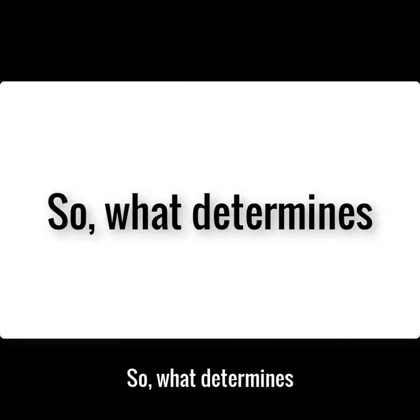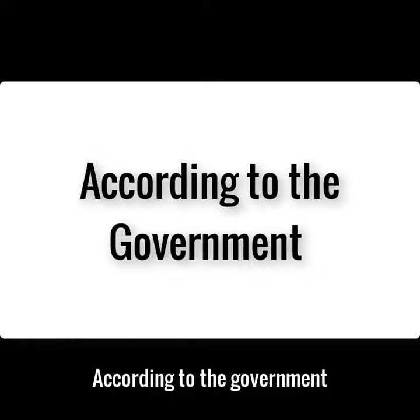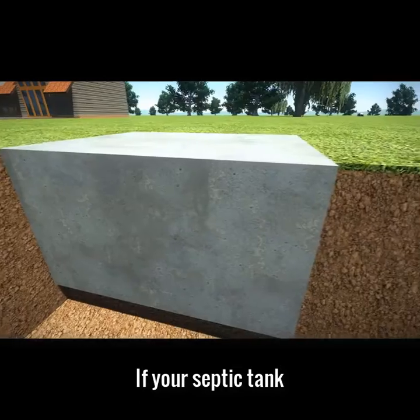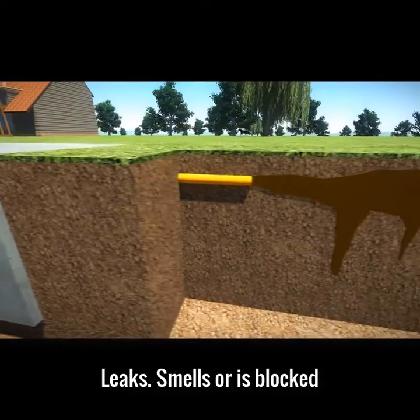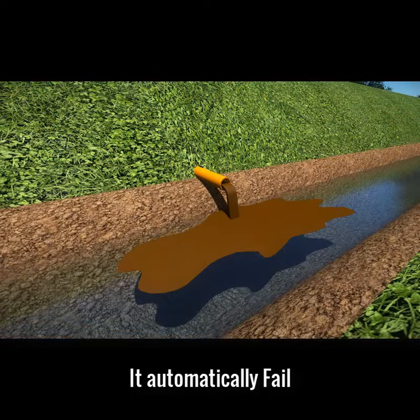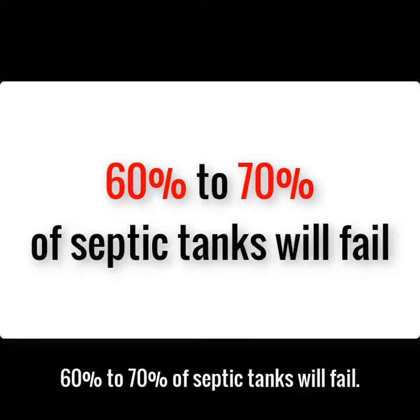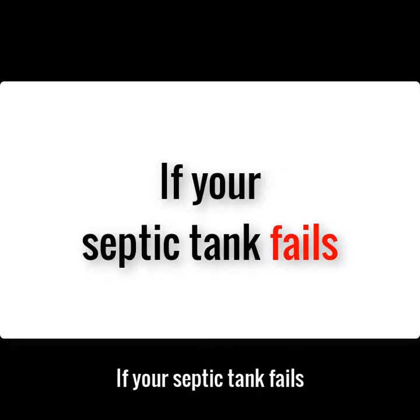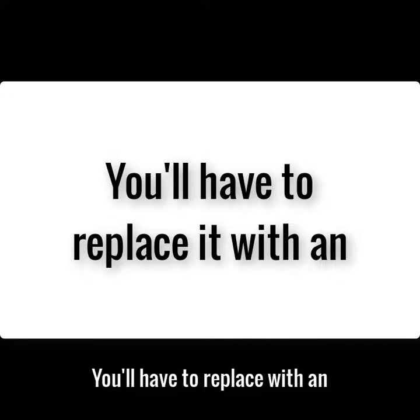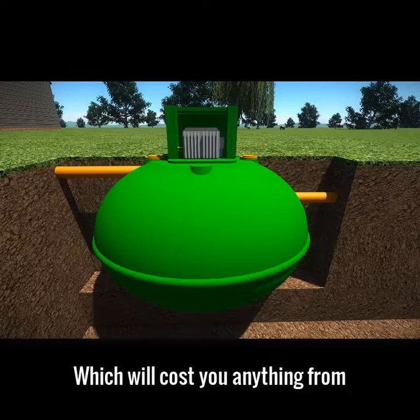So what determines whether a septic tank gets a pass or a fail? Well, according to the government, if your septic tank leaks, smells, is blocked, or pollutes the soil or a watercourse, it will automatically fail. New figures show that 60 to 70% of septic tanks will fail, and if your septic tank fails, you'll then have to replace it with an electric biodigester, which will cost you anything from £15,000